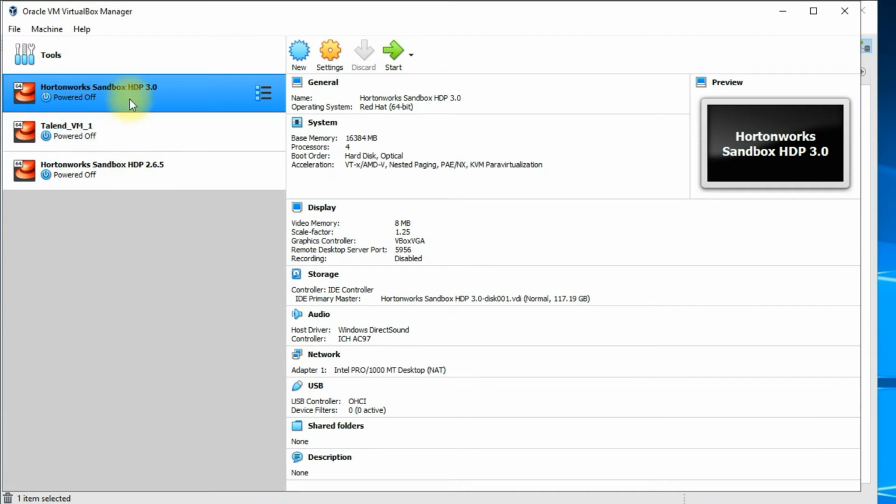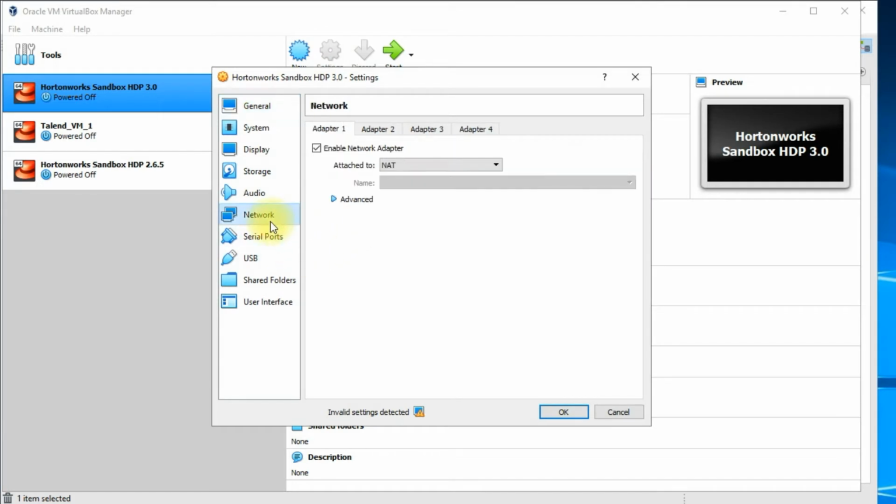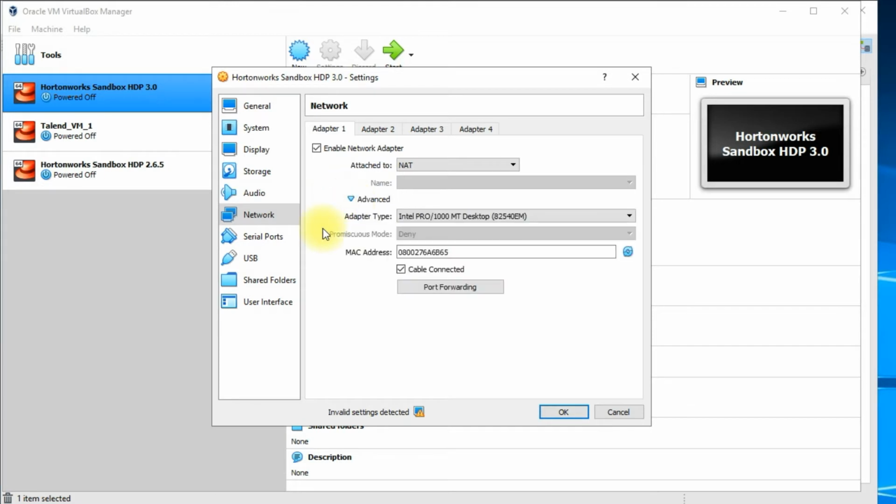I have this sandbox on Oracle VirtualBox Manager. Before we proceed, the first thing is to go to the settings. If you go to the network tab, you should select enable network adapter and attach to NAT. NAT will establish all the connectivity from your sandbox to your local computer. Sometimes some of the ports related to the data node will not be available to access outside the sandbox,